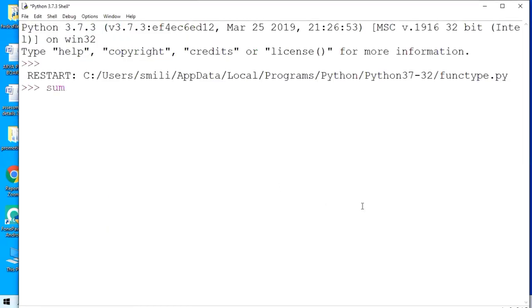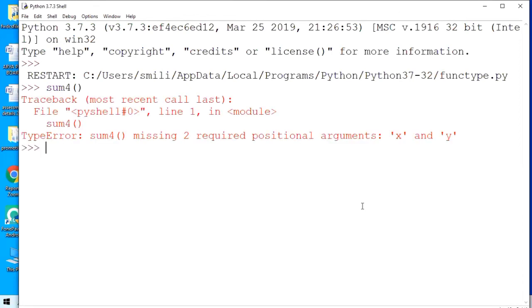I will call sum4 without any value, and it will not work because we have to provide two values. So now I have to provide two values, 32, 78. Execute it. So you are getting 110.